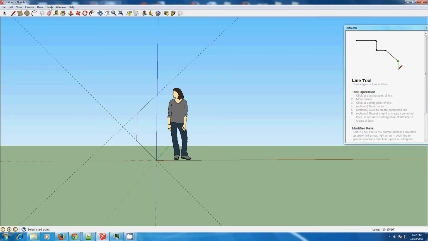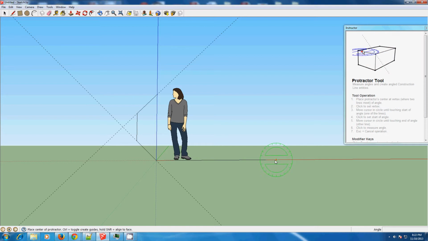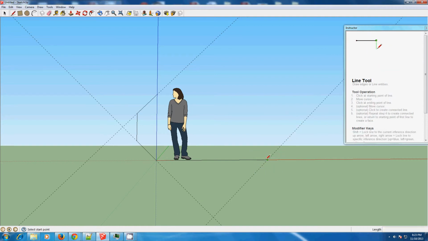We're going to go back and grab our protractor again, because we're going to do the same thing on this side that we did on this side, just in the opposite direction. So we're going to find the end of our line, the end point, drag out along the red axis, click one more time, drag upwards, type 45 on the keyboard, and then enter. So there's that. We're going to go back to our line tool, do the same thing we did last time,